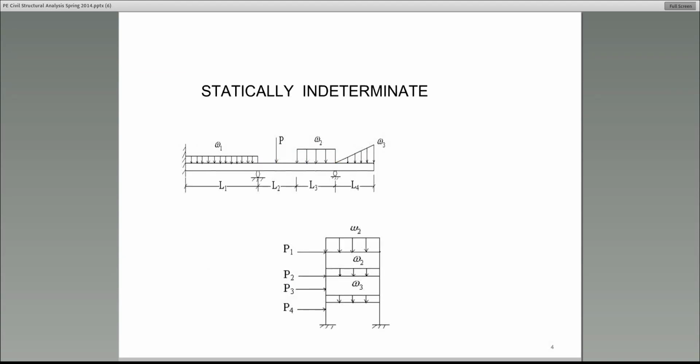Here, there are examples of indeterminate structures. So please help me out. If we look at this,